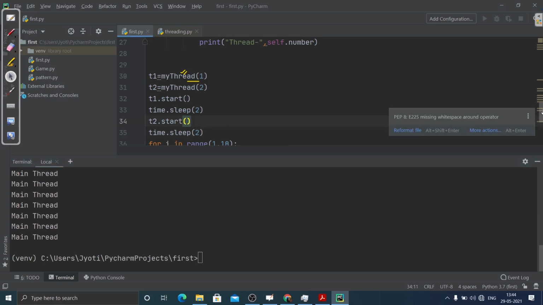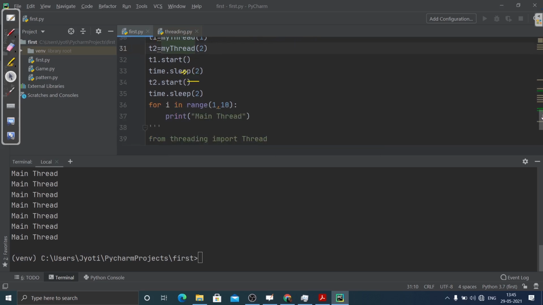First, what we have seen: just importing the Thread class and then creating the function, then instantiating the Thread class and passing the target function that I want to make into a thread. Then another way was just inheriting the Thread class, creating a subclass, then instantiating the subclass. We were creating t1 as a thread of that subclass, and then the start function. Just remember this start function is very important, otherwise it won't start your thread.